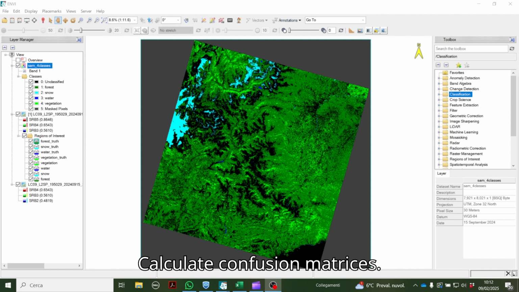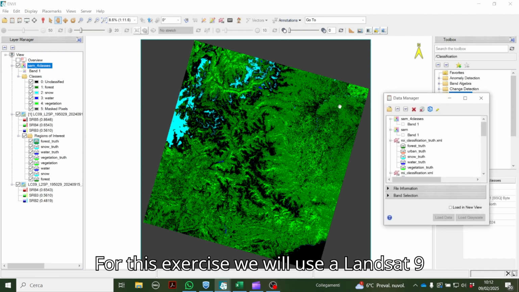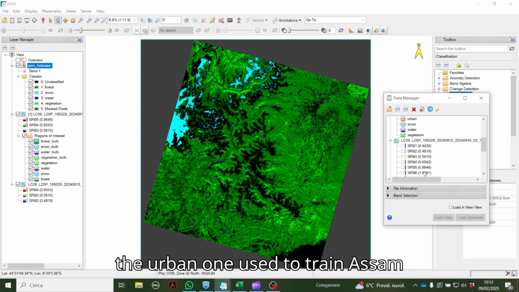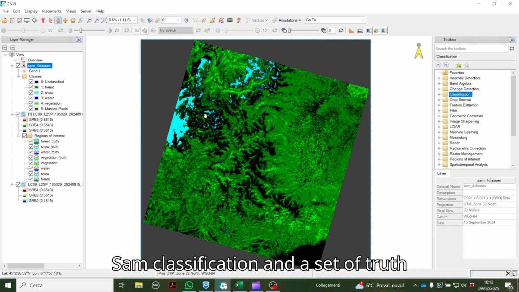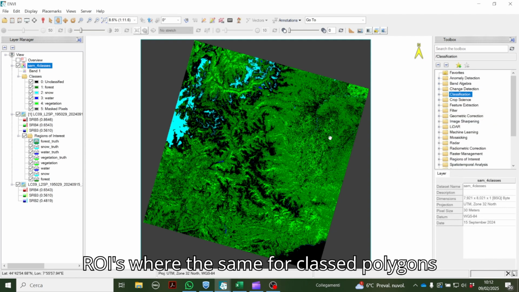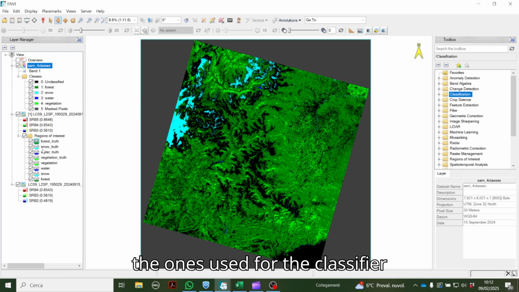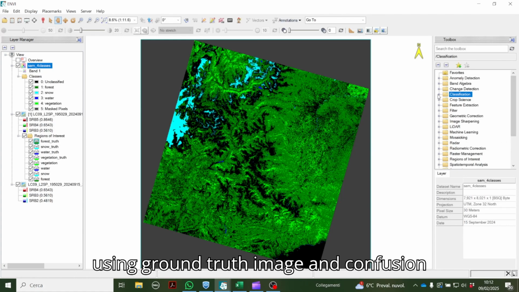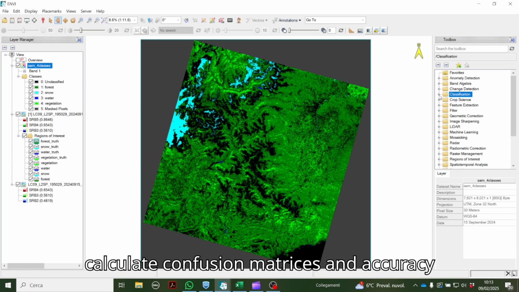Calculate confusion matrices. For this exercise, we will use a Landsat 9 dataset for different RoIs, excluding the urban one, used to train a SAM supervised classifier, the result of the SAM classification, and a set of truth RoIs, where the same four classed polygons have been selected in other areas than the ones used for the classifier training. Use the confusion matrix using ground truth image and confusion matrix using ground truth RoIs tools to calculate confusion matrices